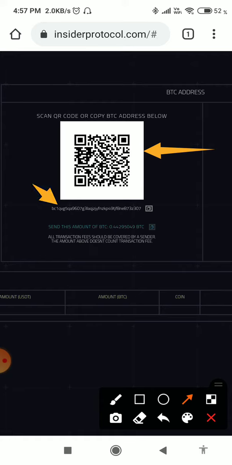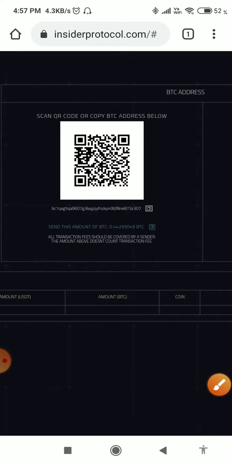Copy this address and send this amount to this BTC address.